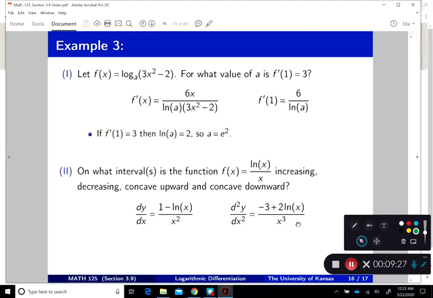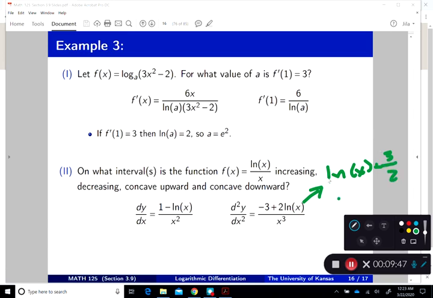So the domain, again, starts at 0 and goes to infinity, not including 0, and then I have to find this other point that makes the function 0, and that would be where natural log of x is equal to 3/4. That is, x is equal to e to the power 1/2, right? And then I'm putting it all on a number line. It starts at 0, and then I have e to the power